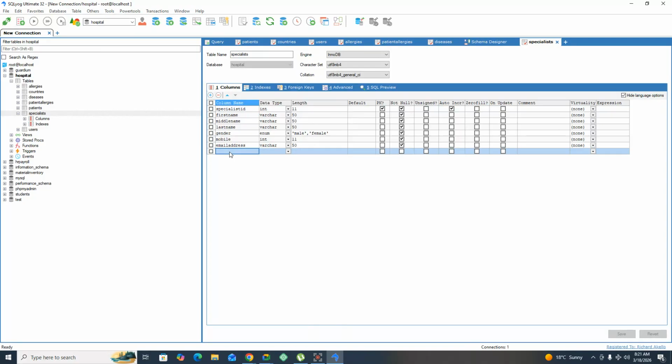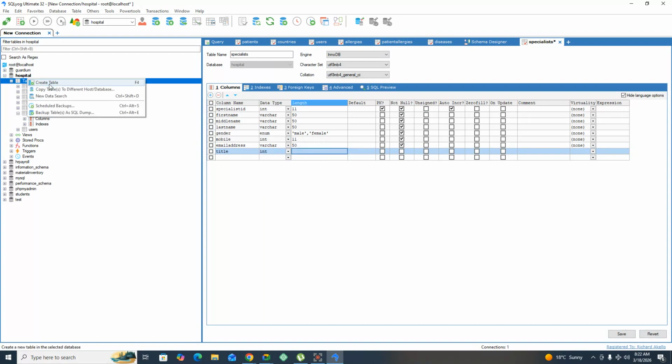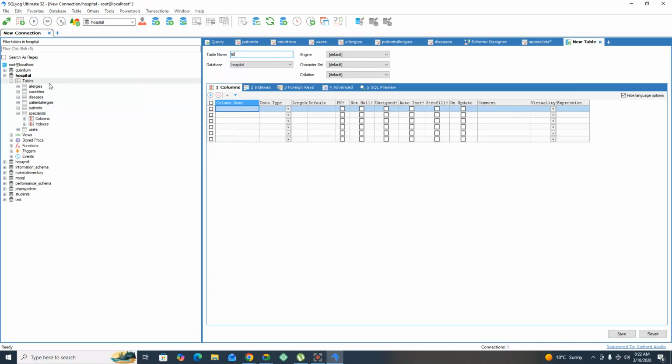So the other fields I didn't have here, for example, doctors can have multiple specializations. So I have that. So I can have title. They could be a professor. Title could be integer. So I can have another table here for titles. So title ID, title name, date added, added by,